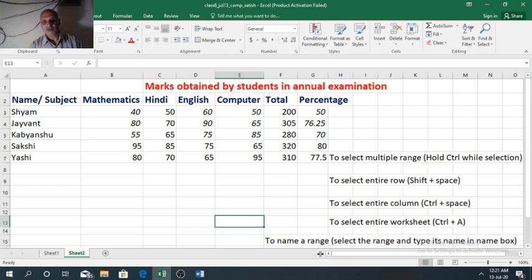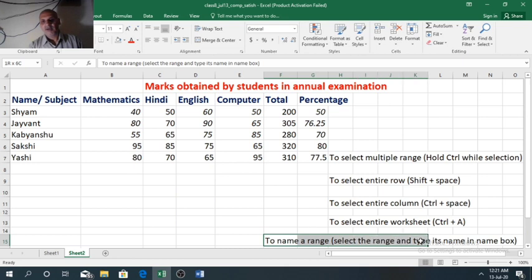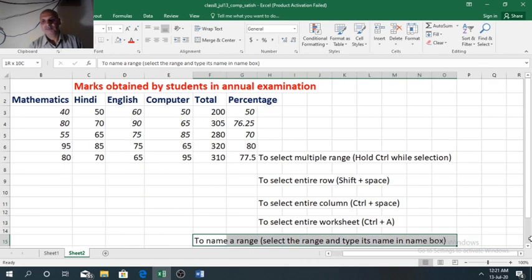Now the last topic for today is to name a range. How to give a name to a range of cells. So for that we need to select the range and type its name in the name box.